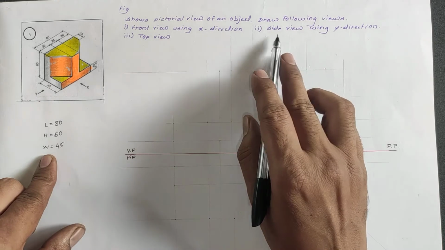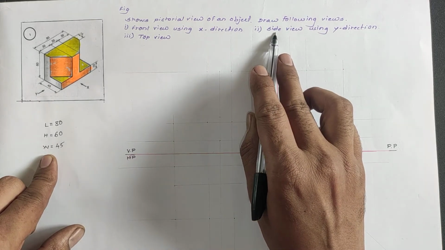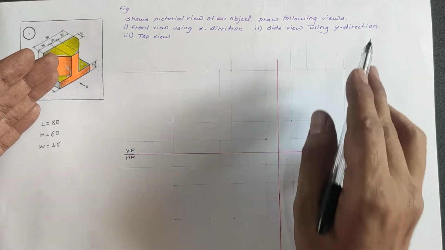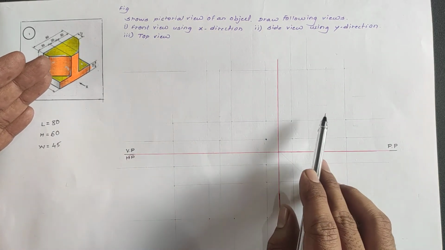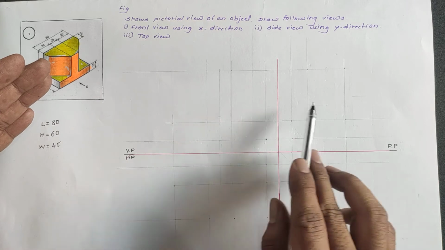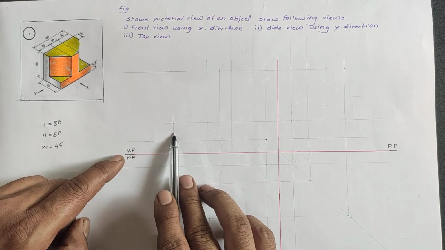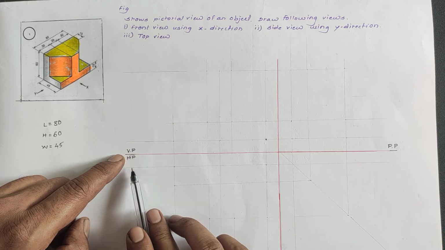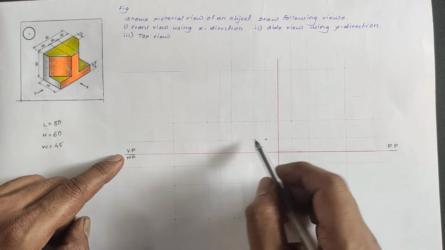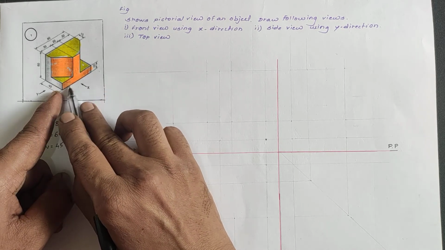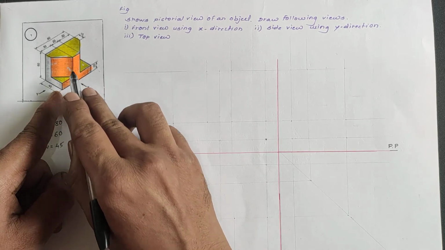So in this figure we are required to draw the side view using y direction, that is the left hand side view. The left hand side view we draw on the right side of the front view here. This is the profile plane, and here the front view is present, so it is a vertical plane, and below that the horizontal plane. First, laying out the front view, we can see the T, that is exactly an opposite T.